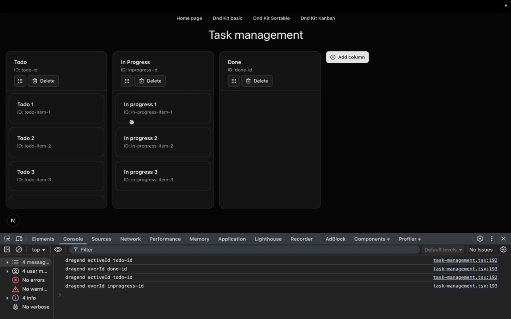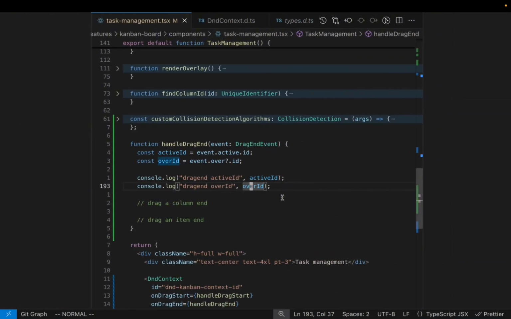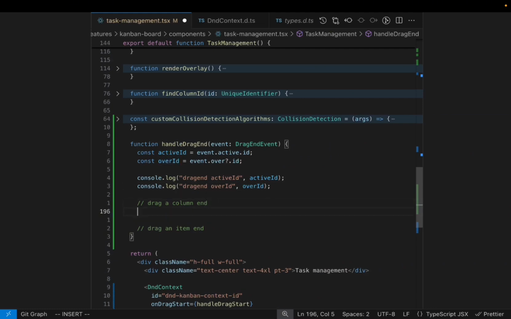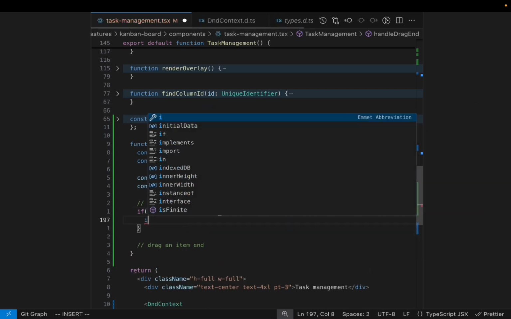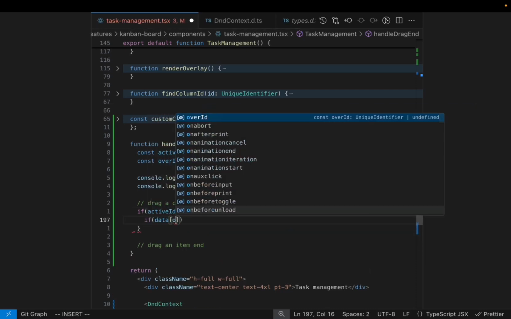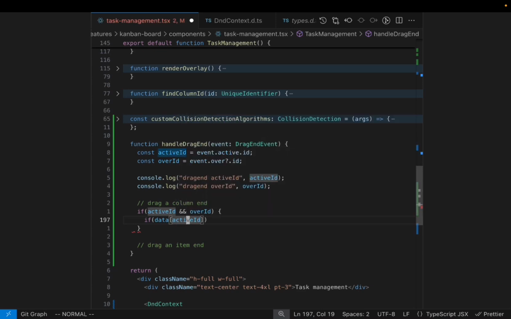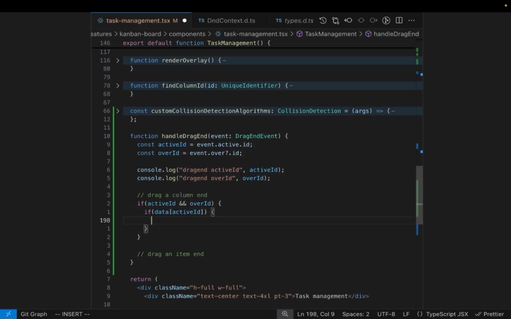Now, as we learned from the sortable list previously, we need to update the state to reflect that change. So let's go back to the code and implement this. To make sure that we are dragging a column, we can check if there's active ID first and over ID. And if data active ID has value, this means we are dragging a column. So